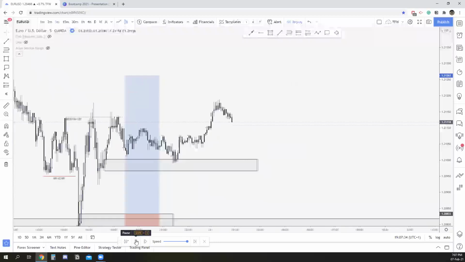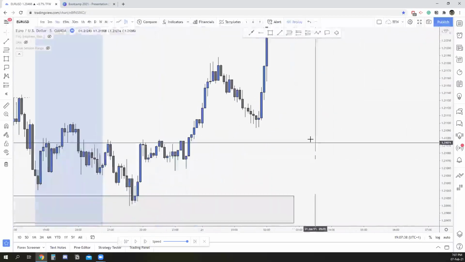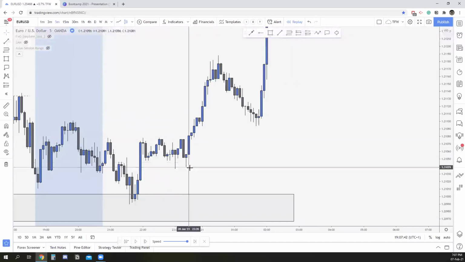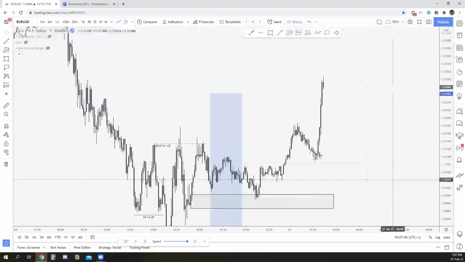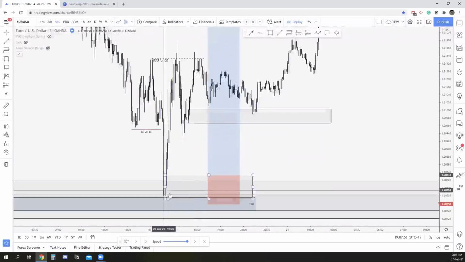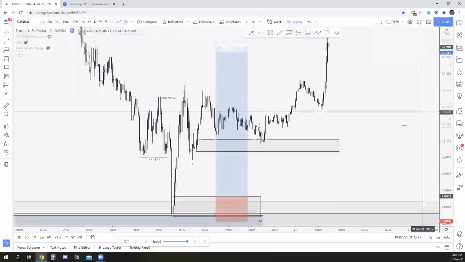Then you start seeking for new OBs that are going to get mitigated for the exact same reason. They need more orders. And then again, you can see we break structure. Where is our new order block? Let's try to find it. Right there, potentially, you can see the last sell. Then we take the next candle. This is the OB. It actually didn't get tapped, which is fine. And then we actually have the big move. So you can see on this trade, even if we don't enter at the bottom, you can always find an entry in between. David, you want to add something, bro?